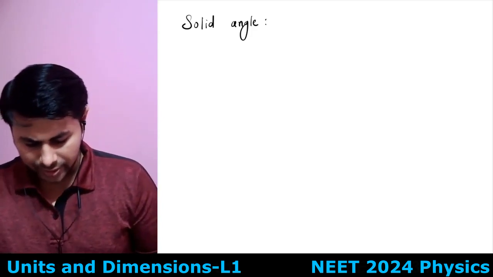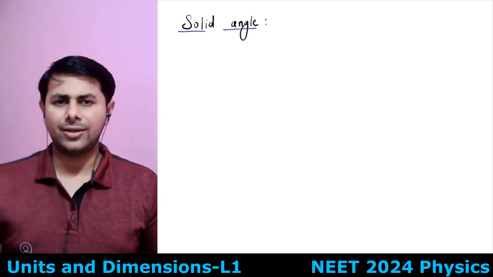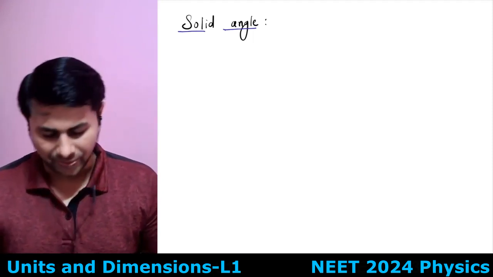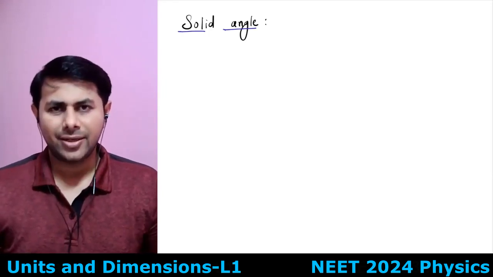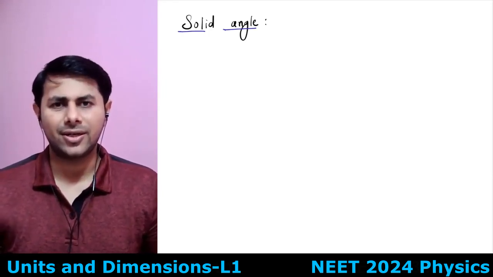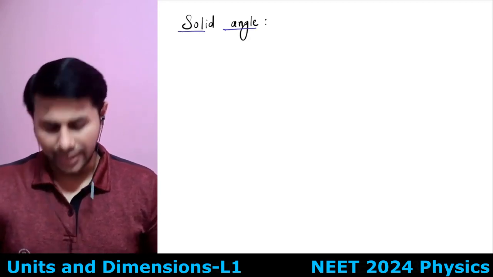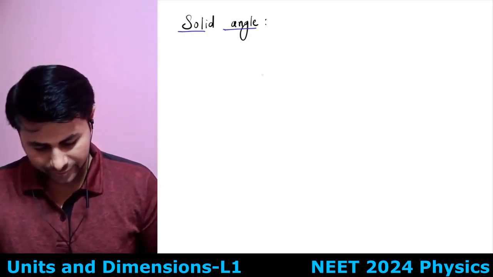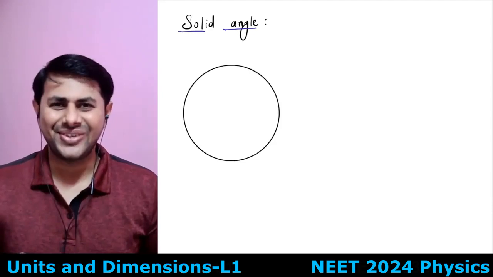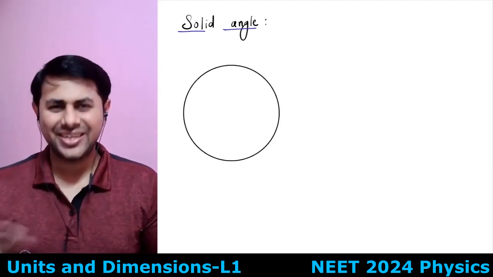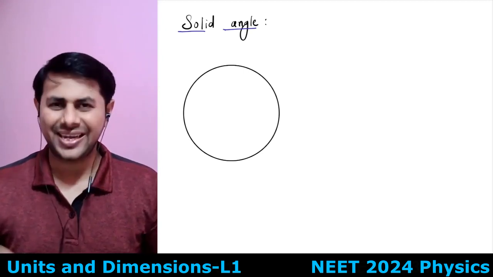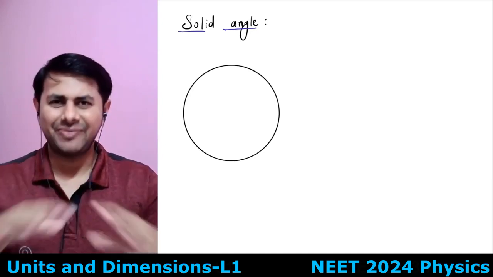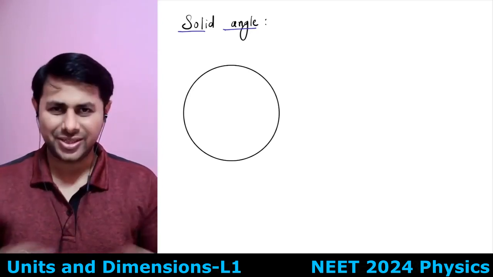Okay, so in short, I can say the plane angle is a two-dimensional angle and solid angle is a three-dimensional angle. Let's see how. To define plane angle, I consider a circle. To define solid angle, I consider a sphere. Now I cannot draw it, so you won't find any difference between circle and sphere in this diagram, because this is a 2D paper or 2D tab over which I'm drawing it. But imagine it's a sphere. It's a ball.